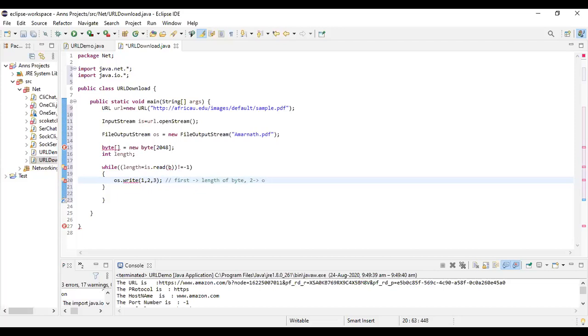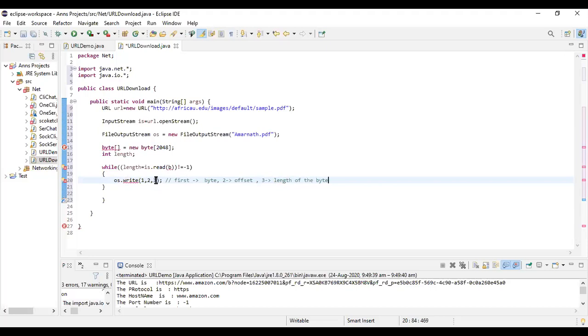Okay, I'll explain everything. First argument will be the byte. And the third argument will be the length of the byte.